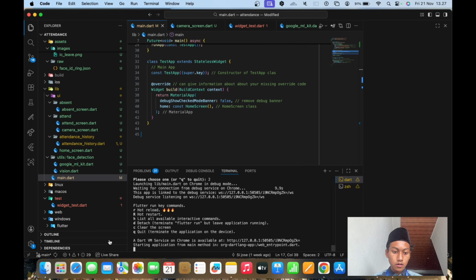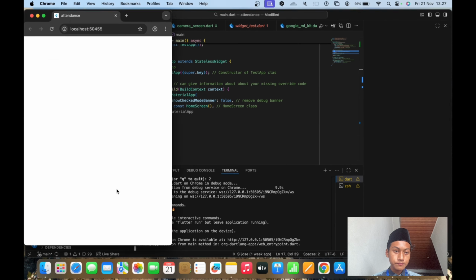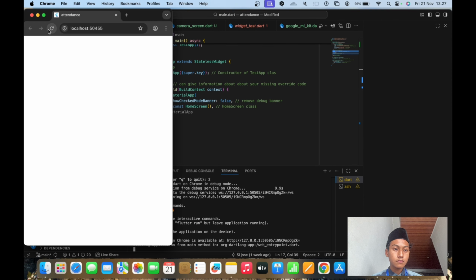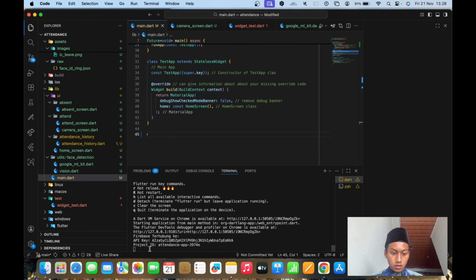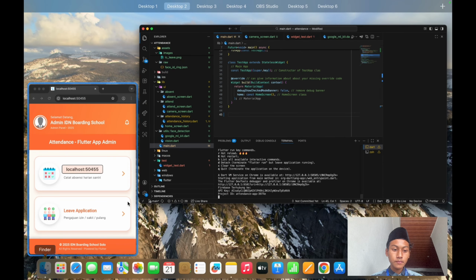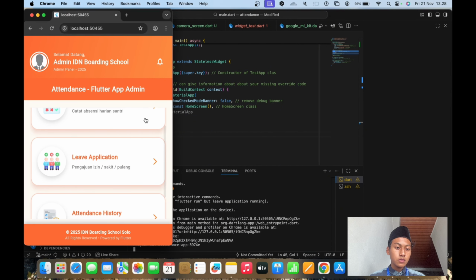And then you can look for the starting application main method. You can look for the API key and project ID. That is from Firebase, default from Firebase.